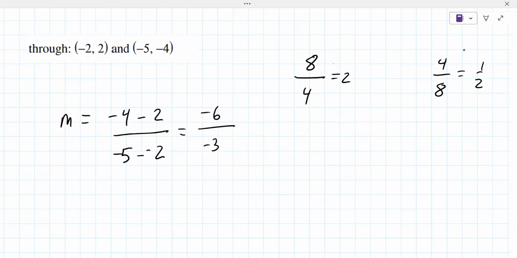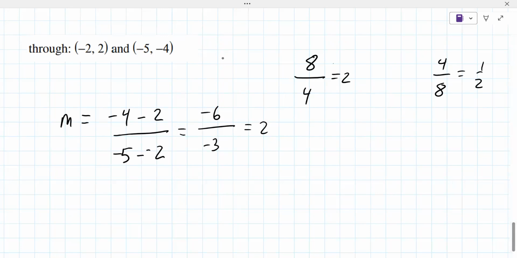But then you gave me the wrong slope. So this ends up being just 2, because the bigger number's on top. I mean, it doesn't always work, but